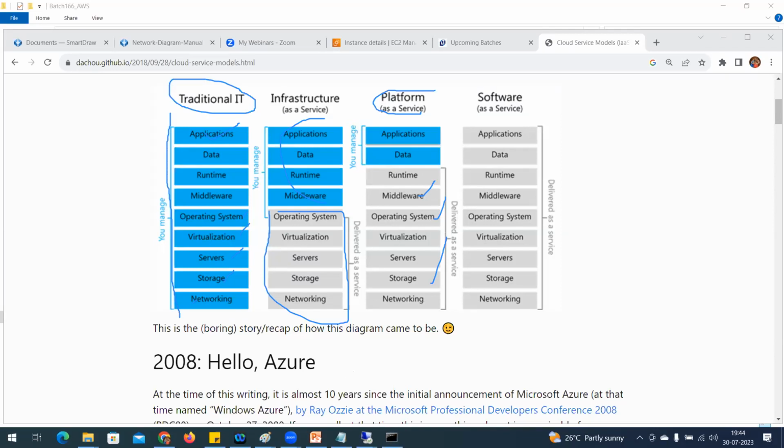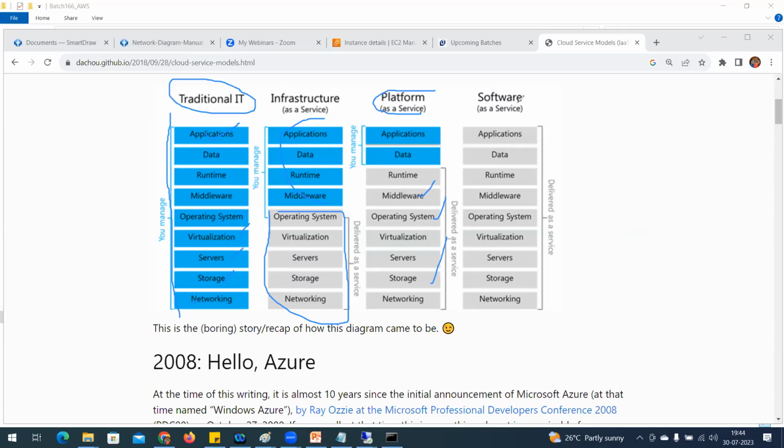Just like RDP, how did I connect? The same way I connected by RDP with IP information, that is public IP information. So for a database server, how are we going to access that DB server? We provide the DB server host name information in each and every application that is looking for a database connection. Okay. That is configured in the DB, and that comes under platform as a service.